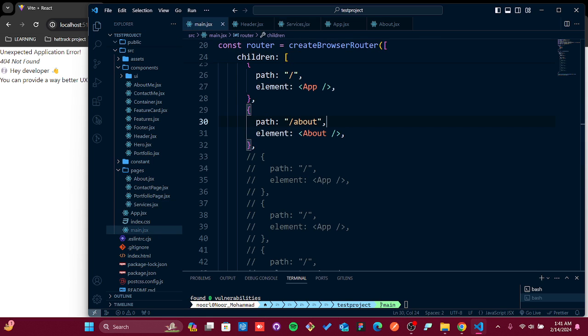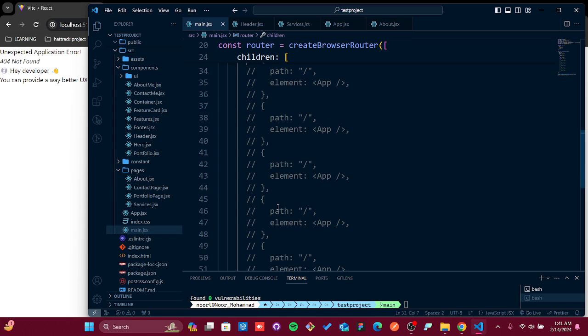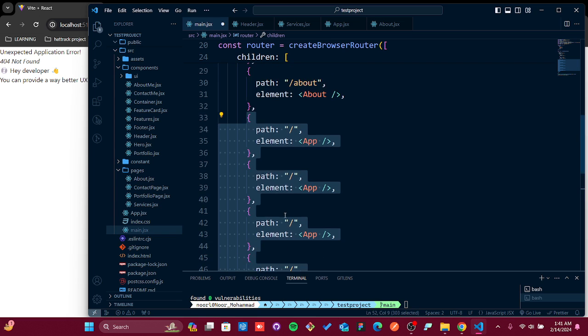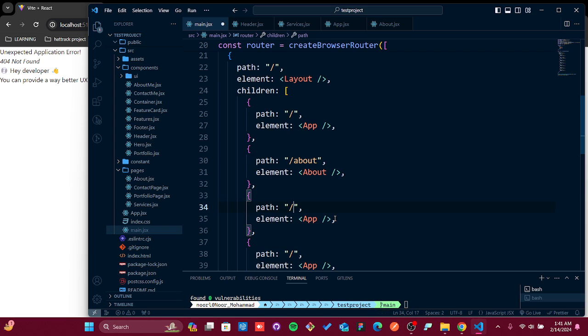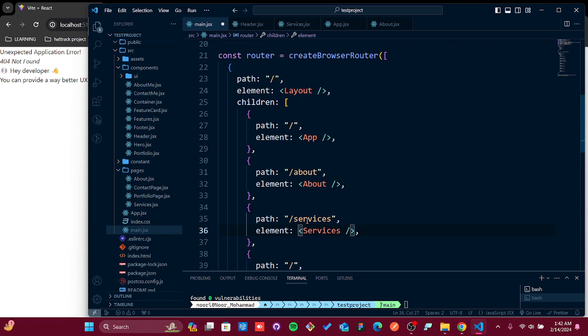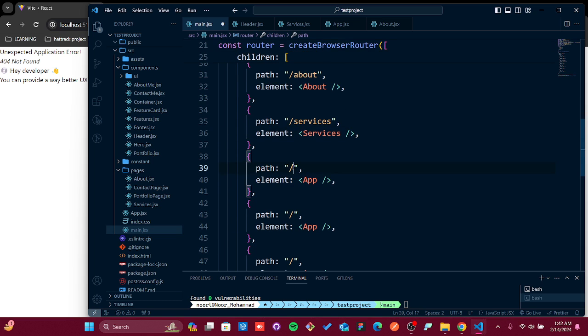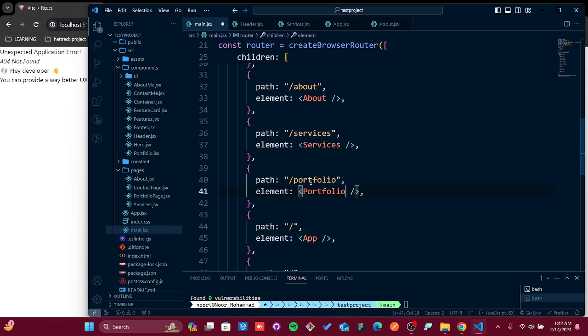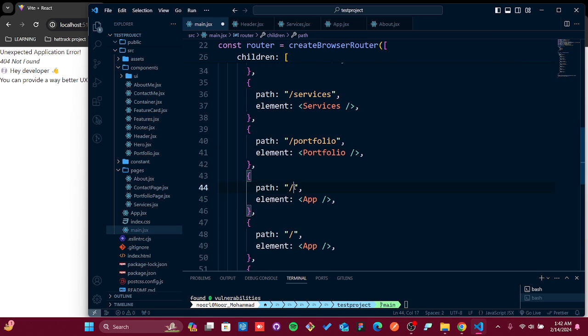And here in that route parameter I also need to pass the pages, so I'm just going to remove that comment from here. Now I'm going to define my second route, which is going to be services, and I also need to import that services from the pages. Then again it's going to be my portfolio, I need to get that portfolio too, and then I'm going to have my contact, and I also need to import that